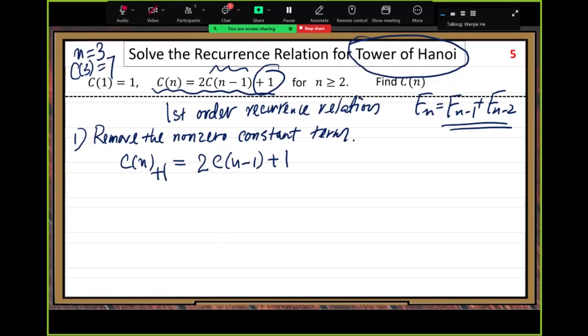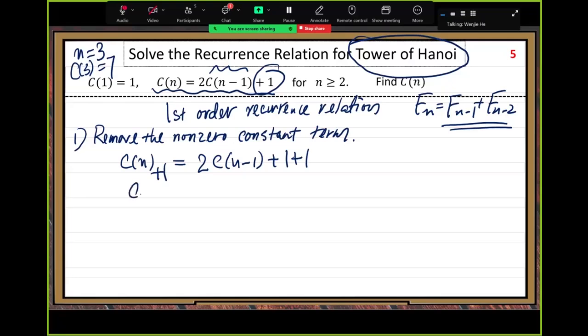But when you add a plus 1 to the left side, you must also add a plus 1 to the right-hand side to balance the equality, right? Otherwise, it would become an inequality. So you have to add the same number to both sides to make it another equality. Okay? All right. After you do this manipulation,